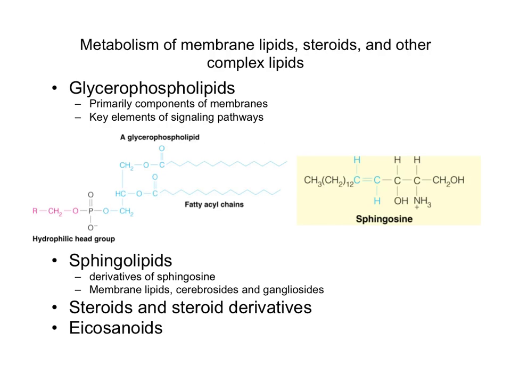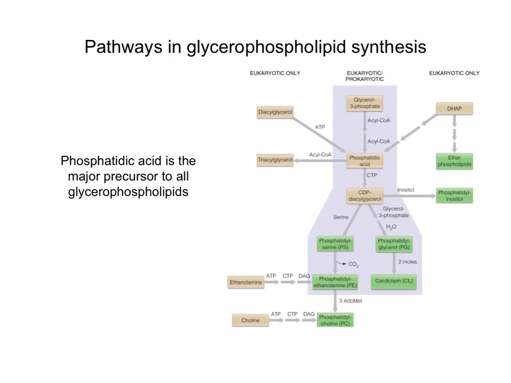So this is showing you a glycerophospholipid where we have our 2 fatty acid chains. Remember that we attached to form phosphatidic acid, and then instead of cleaving off this phosphate group, it stays or is modified slightly with a hydrophilic head group. Glycerophospholipids are synthesized in similar ways in eukaryotes and prokaryotes. There are a few differences if you look at eukaryotic only, and that mainly comes from the source of the